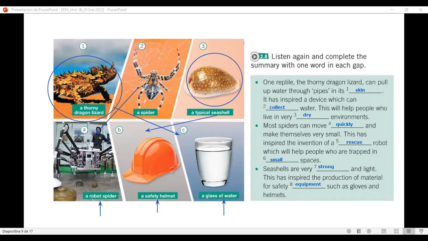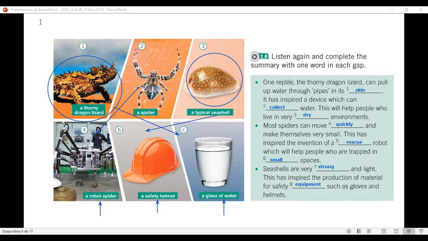Sí, ya de paso tenemos la diferencia entre ambos tipos de equipo, ¿no? El equipo que es conformado por personas sería un team, un grupo o un equipo, y el equipment se refiere básicamente a un objeto, ¿no? A los objetos o materiales que se ocupan para algo. That's the equipment. In this case, we have the safety equipment, ¿no? El equipo de seguridad, es decir, casco. We have such as gloves, ¿no? Los guantes o cascos que son equipos de seguridad.